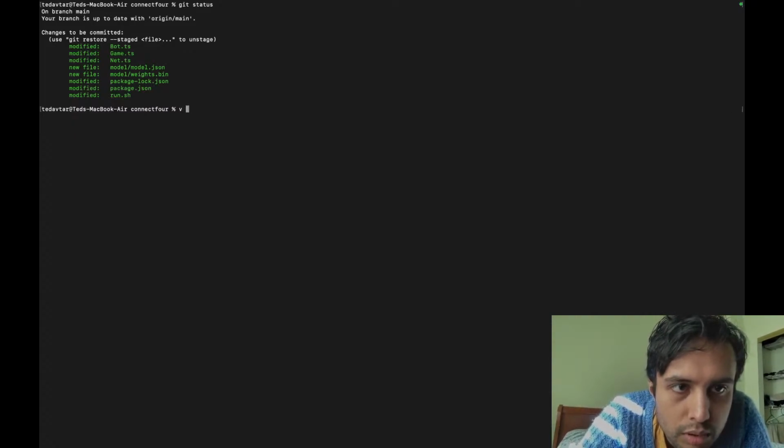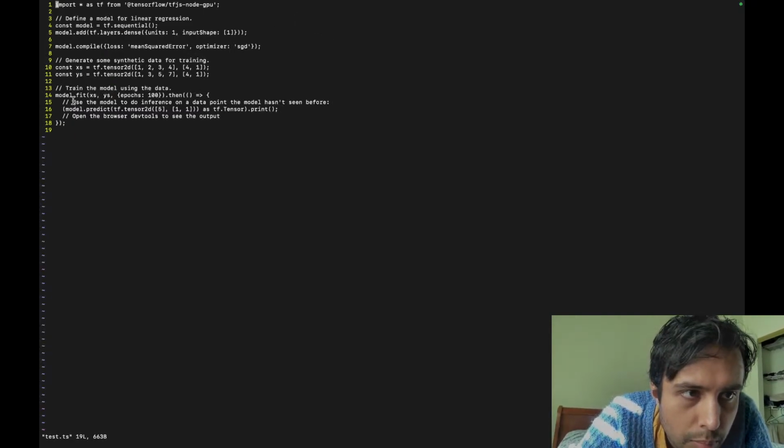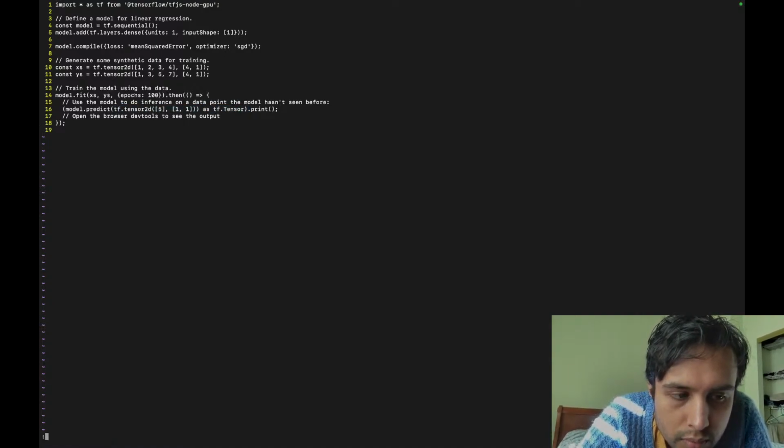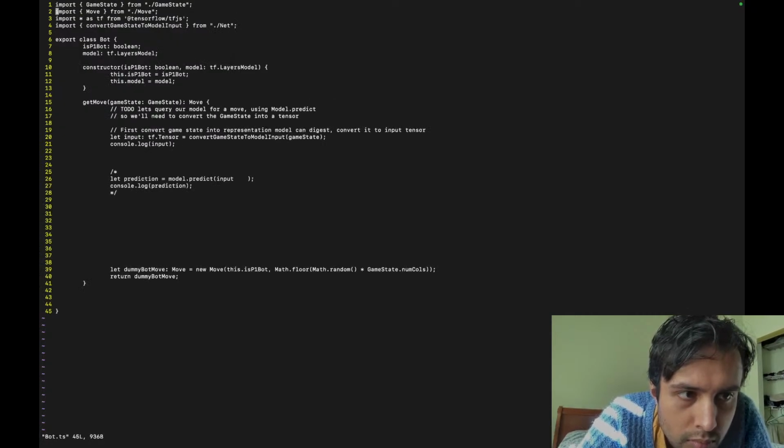We bot, let's just do a test.ts and then bot.ts, right? Model.predict the tensor. That's it. .print. Okay. Now the input looks good. We can kind of remove that.